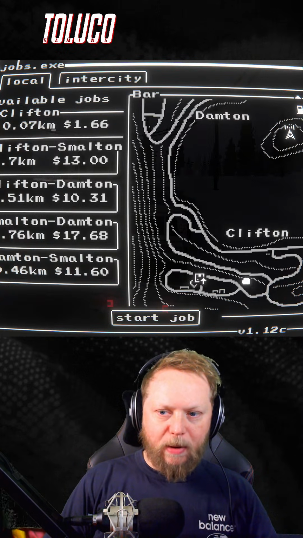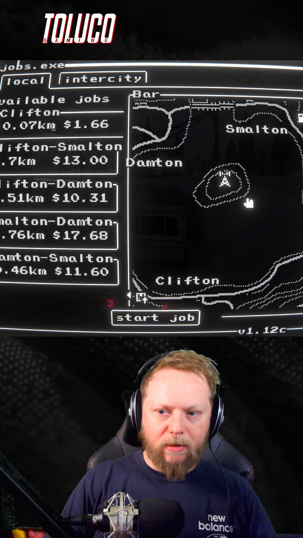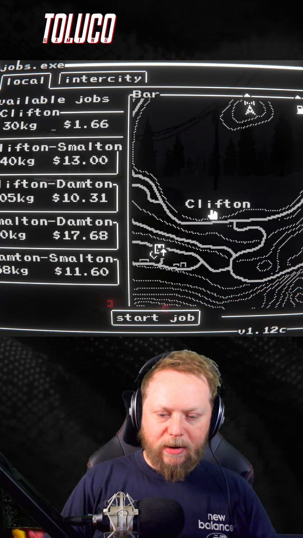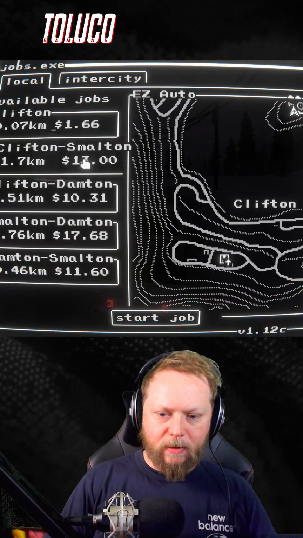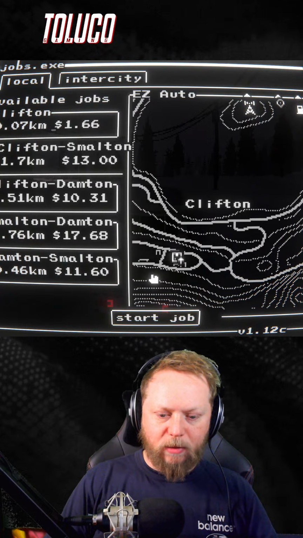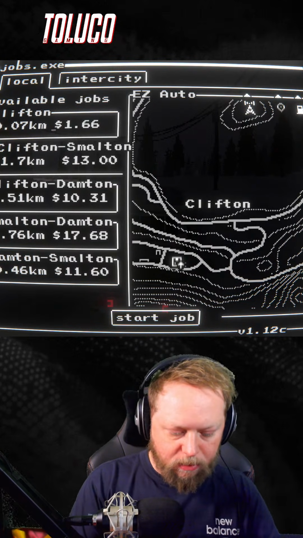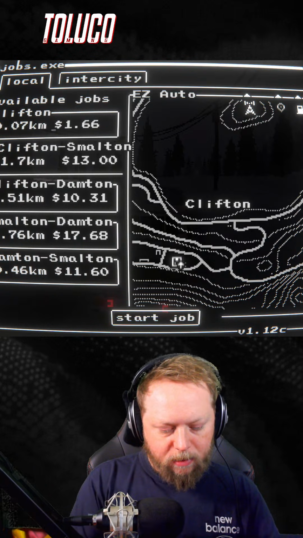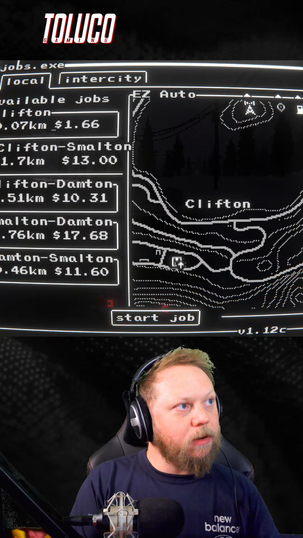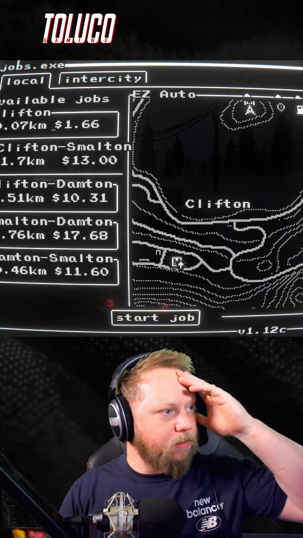That's literally there to there, but I don't think I'm in Clifton. I think I'm in Dampton. Am I? Where did I just do that delivery? So these are all local ones. I don't need the cash. I need to find where the fishing rod is. Let me see if I can do this. Easy delivery. Go. Fishing rod. I'm trying to know roughly where it is.